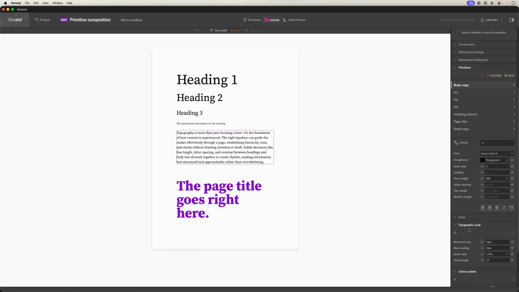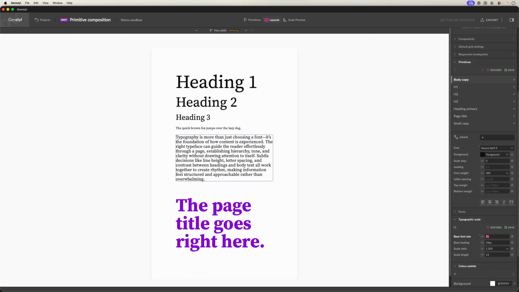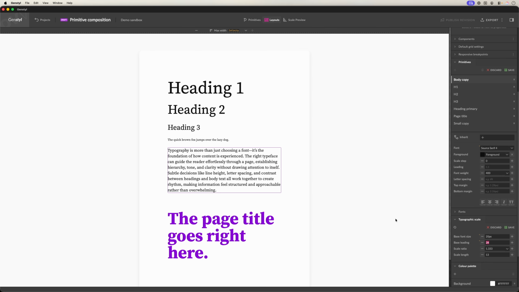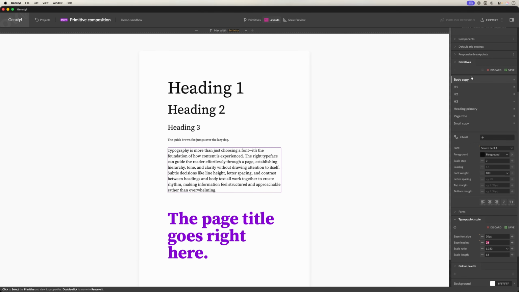And if I go to the typographic scale settings, if I do change the base font size and the base leading, that means everything else inherits those values and is scaled appropriately, and that also includes white space, since everything is derived from the typographic scale formula. So if I discard the changes here